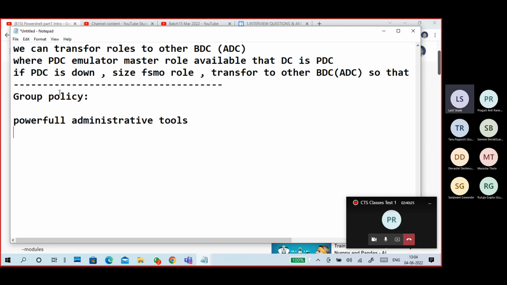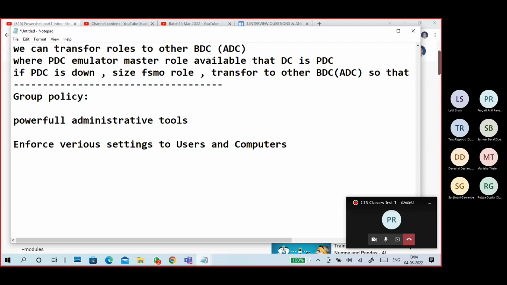Powerful administrative tools. Group policies enforce various things to computers.